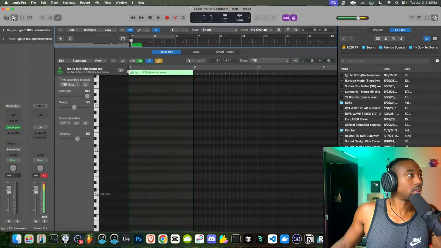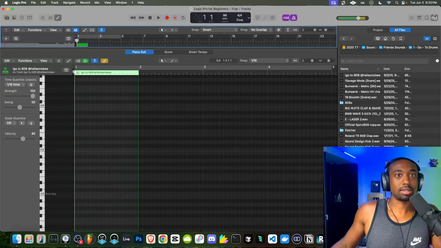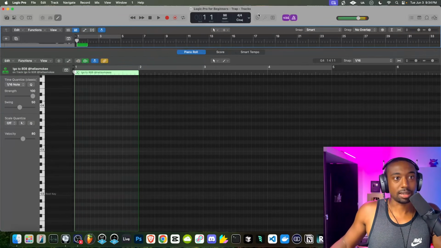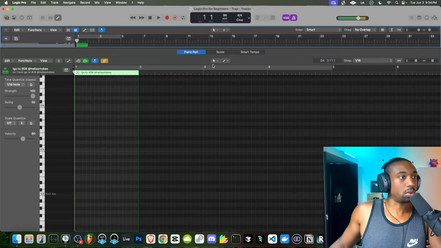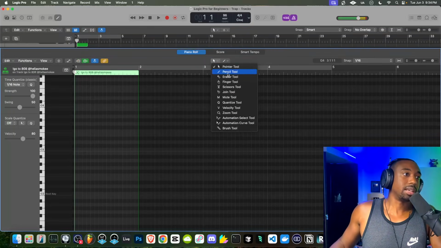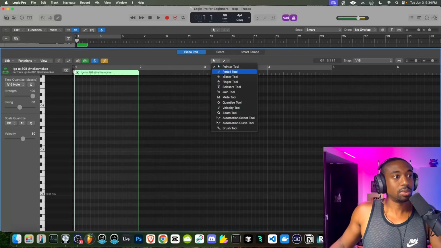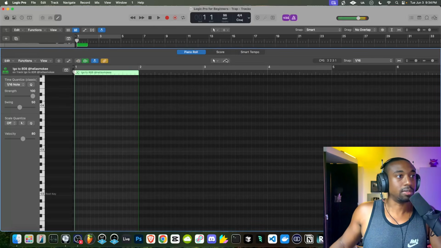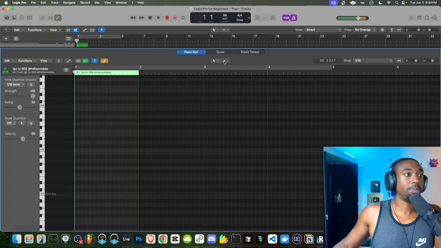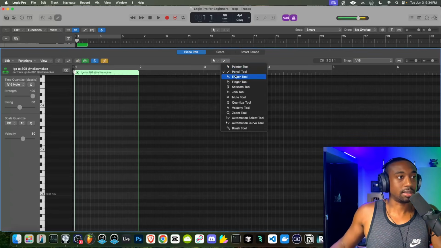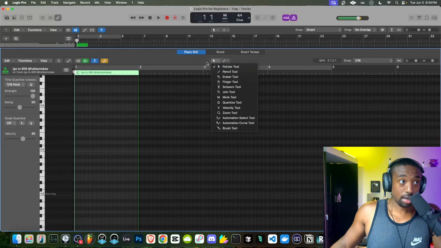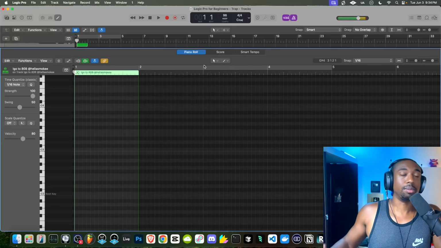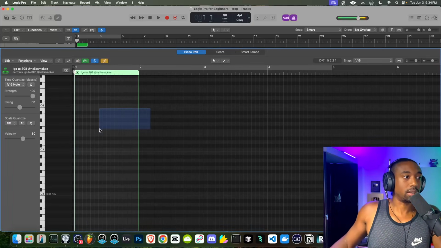What I recommend is you turn off all these screens because the piano roll needs to be as big as it can be for you guys, especially coming from FL. I'm going to hit Control. This button here, you can select your default tool. Mine is set to a pointer because I just want to grab stuff by default. I don't want to draw stuff in by default. The secondary tool is when you hit Control and left-click. That's how you switch between these two. You can select whatever your default is. For me, I record by hand a lot, so I just need to go in and select stuff, whereas you might need to draw stuff.